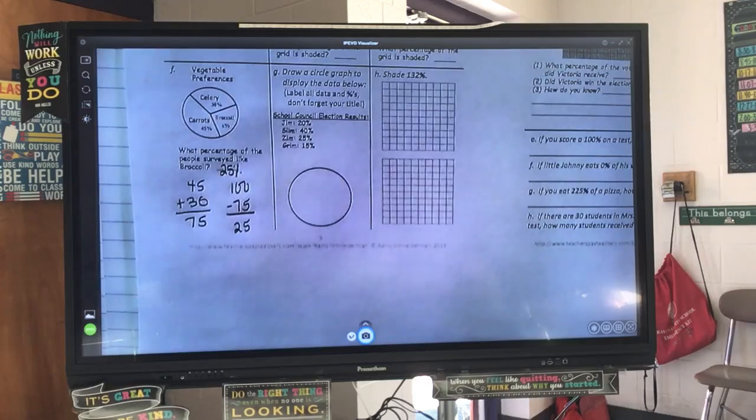Alright, this second page, you're using the graphs that are already produced and you're answering the questions. You are doing this on your own. You're not working with a partner. If you want to move around the room, you can. We will be going over this tomorrow before we start our lesson. I do not want to have to make this homework, but if you guys are